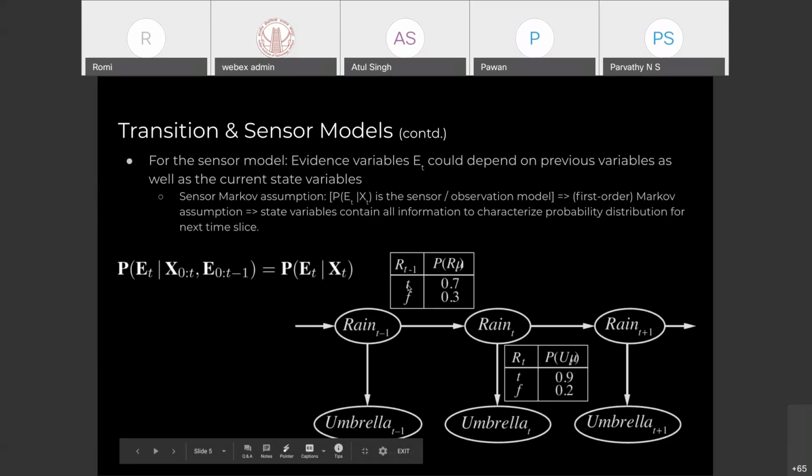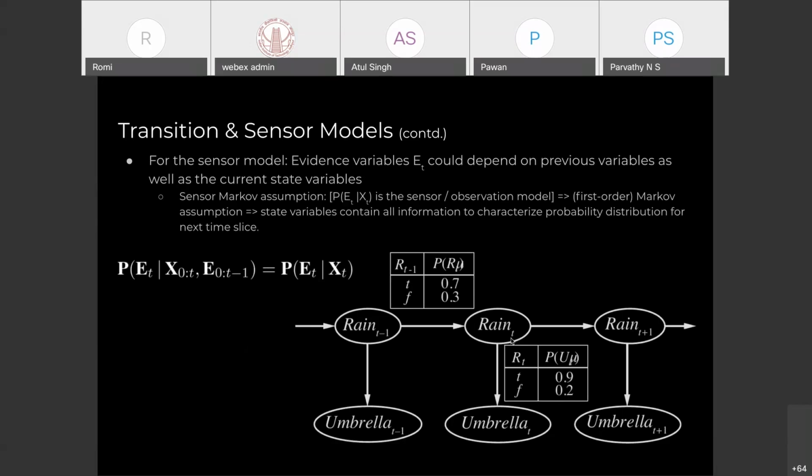T meaning it is raining and F meaning it is not raining. So this is my first state, and I have a conditional probability associated with that. Over here, these are my other conditions, another true false. So if it has rained and I have an umbrella over here, my predictions go up. These are the conditional probabilities that I hold for all the other states, not just one state.